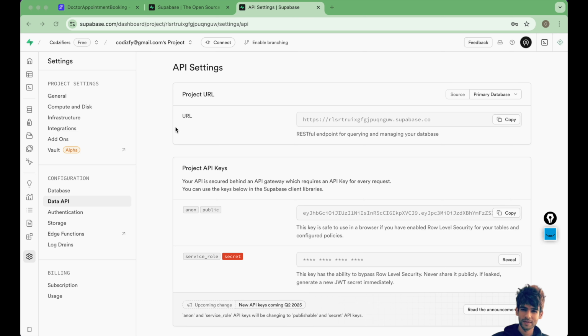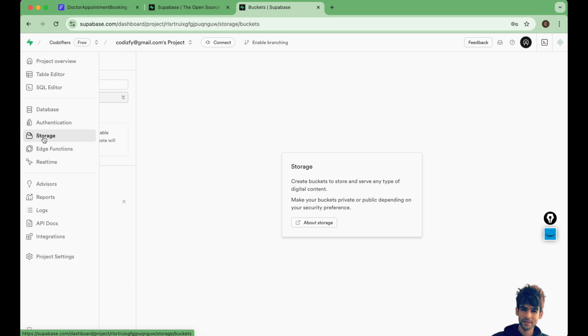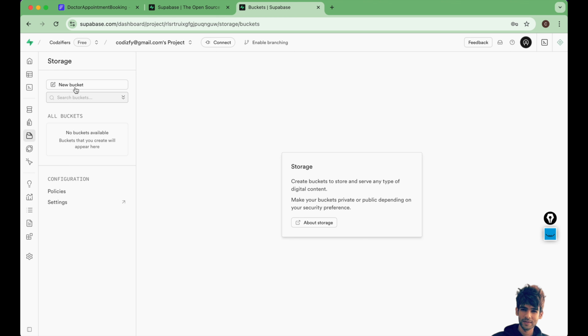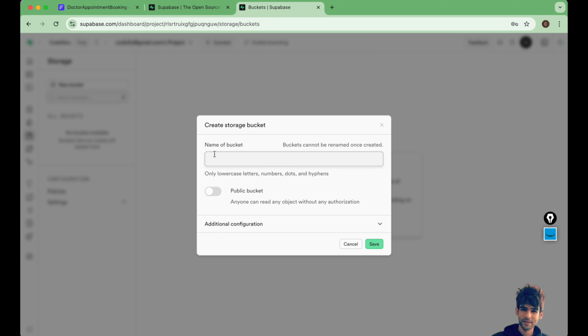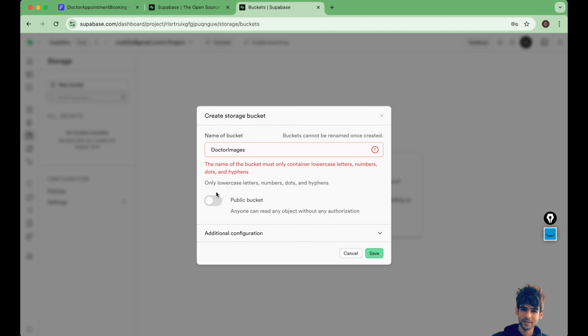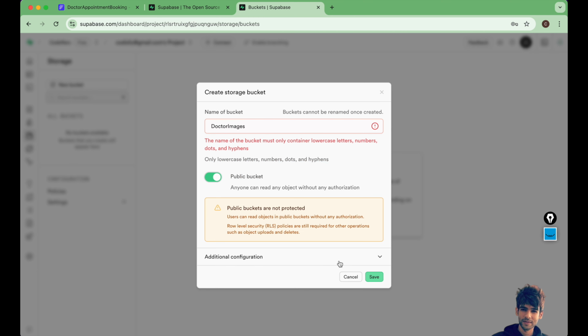In this episode we are going to enable storage in Supabase. From the left side you can select the storage in the Supabase dashboard, and here you can add a new bucket and give the name of the bucket, Doctor Images. Okay, and you can select this public bucket. Anyone can access these images, or you can keep it private as well. Okay, so for now we will keep it as public,